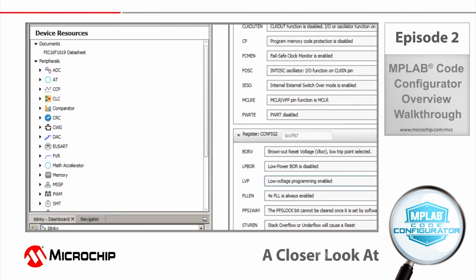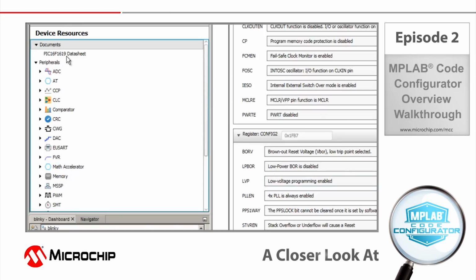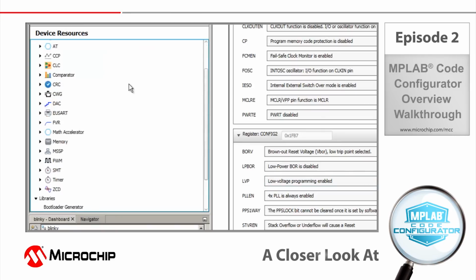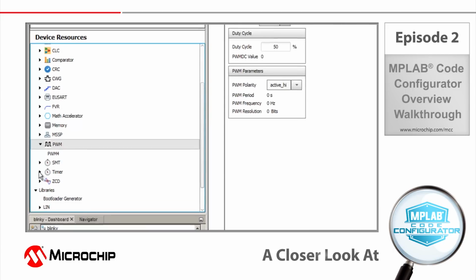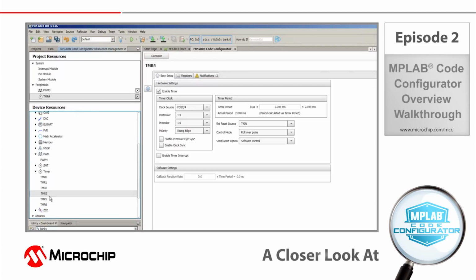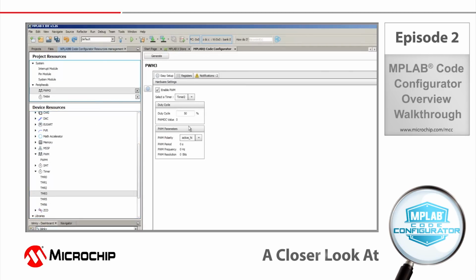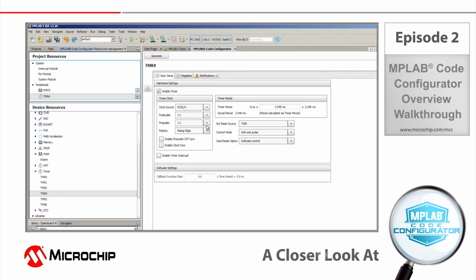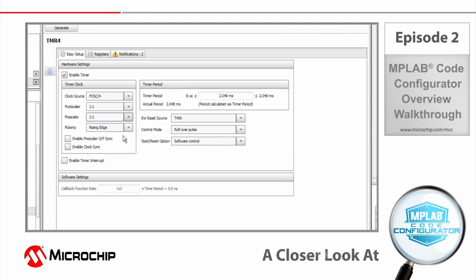The device resources pane down here lists all available resources specific to that microcontroller, including peripherals, data sheets, and even libraries. I'll double click a PWM and then a timer to add them to the project resources under the peripherals heading. Highlighting a peripheral allows me to configure its settings inside of the composer area, like what the duty cycle of the PWM will be, or which clock source and associated prescaler for the timer peripheral is used to set